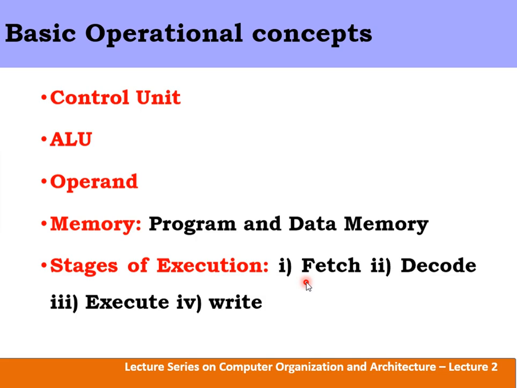The first one is called fetch. Fetch indicates that a program is a set of instructions or a list of instructions. Consider the first instruction, the instruction that we are going to fetch from the memory. That stage of execution is called the fetch stage. The second stage is called the decode stage. Decode stage means it is going to determine what kind of operation it has to perform, whether it has to perform an addition operation, subtraction, any logical operations, any shift operations. Those kinds of identification will be done under the decode stage.